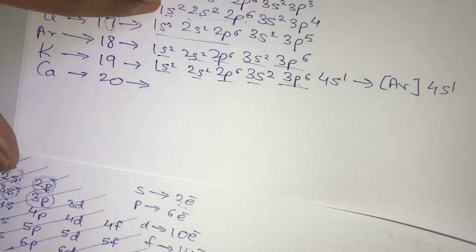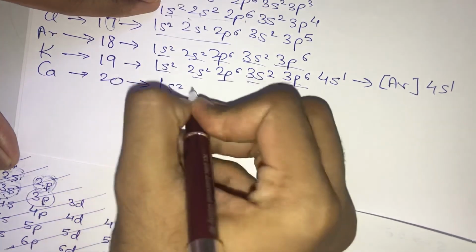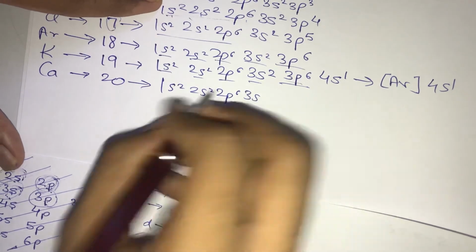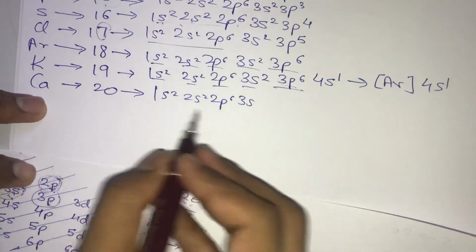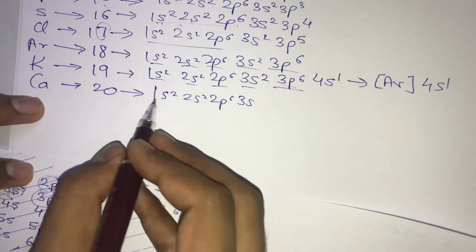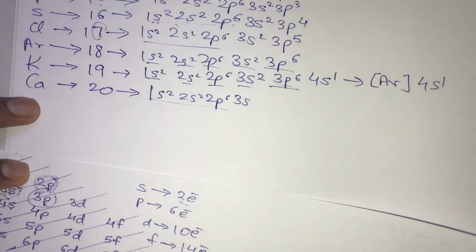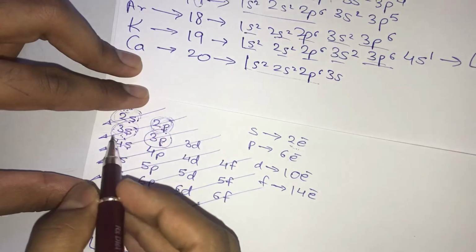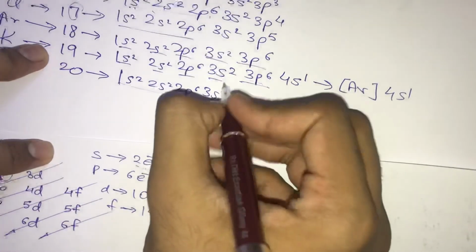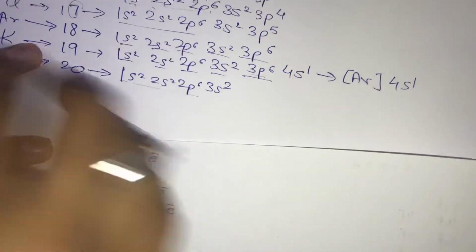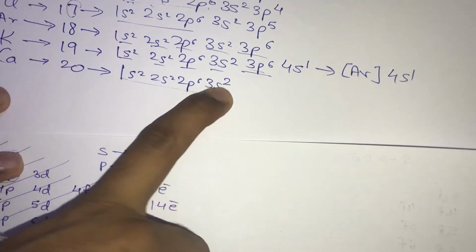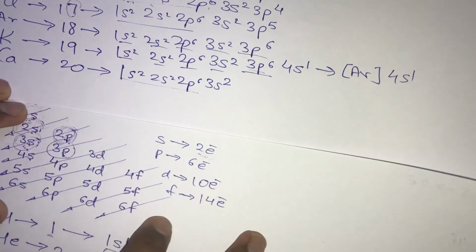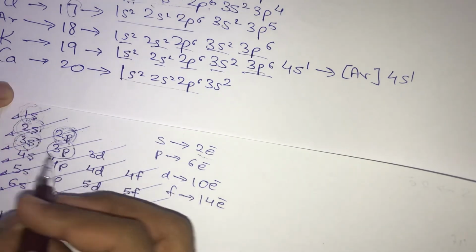So as I told you all, you just blindly write 1s2, 2s2, 2p6 for the first 10 electrons. So out of 20, 10 are already written over here. So for the next 10, you look at the diagram. After 2p comes your 3s, and 3s can accommodate a maximum of 2 electrons. So out of 10 electrons, it is obviously going to take the next 2 electrons. So we are left with 8 more to go. For the next 8, you are going to move to the fourth diagonal.